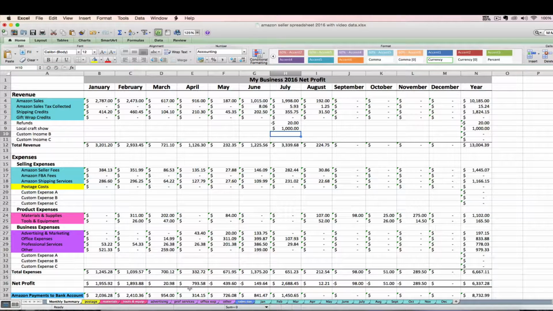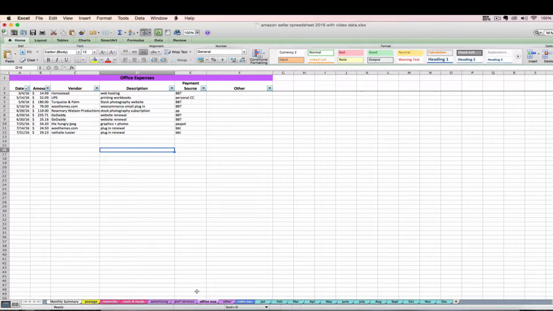Okay, so just to show you how you would go about entering expenses, let's say I've got some office expenses that I want to enter for the month of July. So I'm going to do office expenses for the month of July here. I've already got some entered for example's sake, but let's say I went to Office Depot and I bought a bunch of printer paper for my office, and so I'm going to start by entering the date,